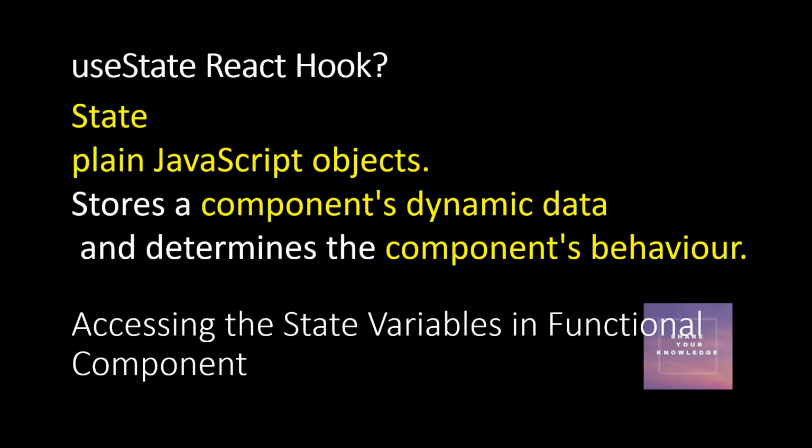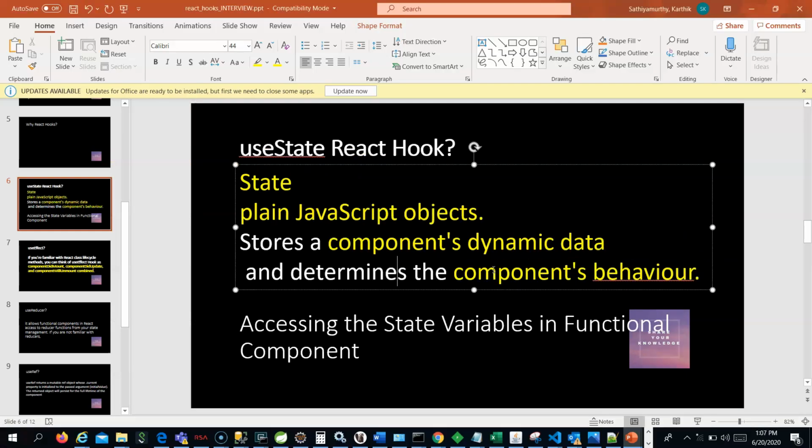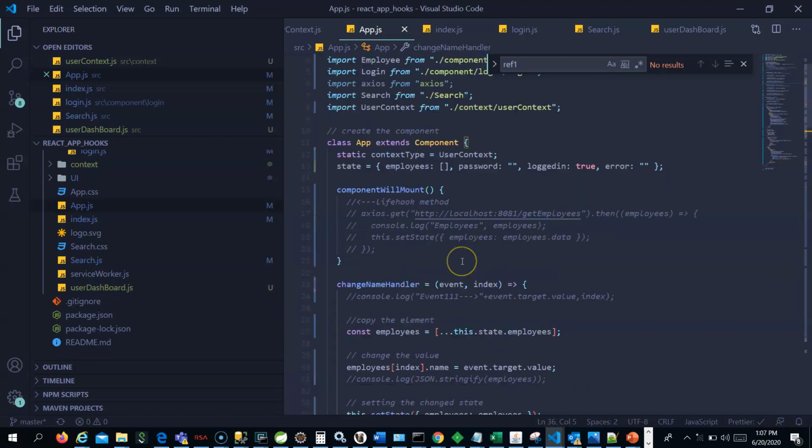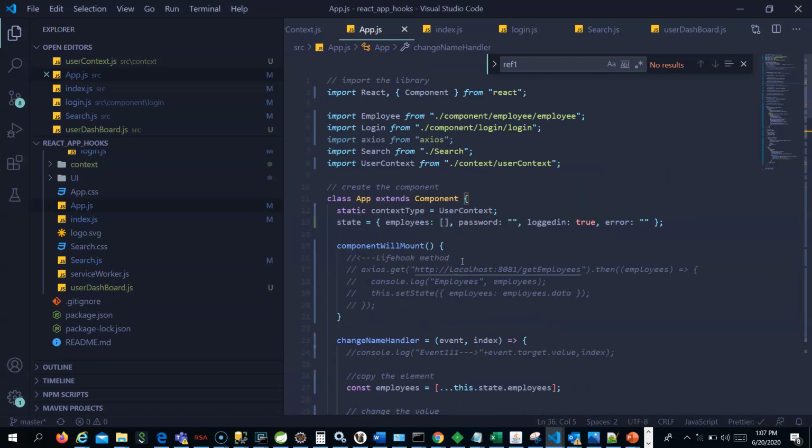Okay. So what is the useState React hook? You would have used state in the case of class components in React. If you see an example for a state component, you can see a class component like this. The class component will have access to the state by default, so you need not do anything.